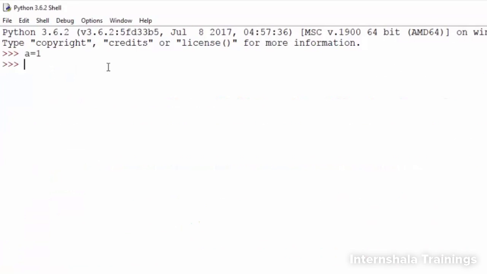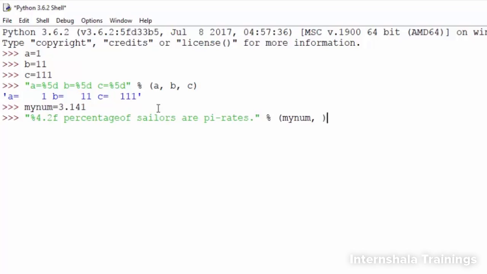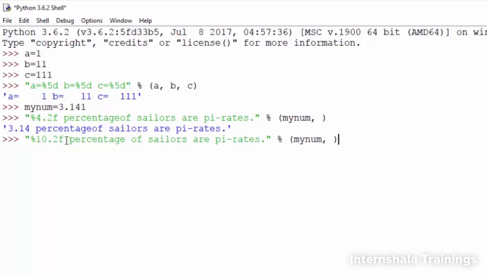You can specify the width of an integer and float object. In this example, the integer objects a, b, and c will occupy a width of 5 characters in the formatted string. Any additional spaces will be padded to the left. In this example, the width of the entire float variable, including the decimal, is specified to have 4 characters with 2 digits after the decimal point. If you increase the width of the entire float to be greater than the value, spaces will be added to the left of the integer.